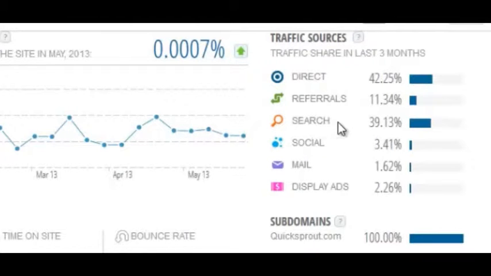Search is something you also want high, because that indicates how much long-term traffic you're going to get from that guest post. So over time, if you were to publish a guest post at QuickSprout and you keyword targeted it, because of the authority that QuickSprout has, you would get some search traffic to that guest post over time, and that would keep going to your site over and over again. So this is a good way to get more in-depth data to determine whether or not it's worth guest posting